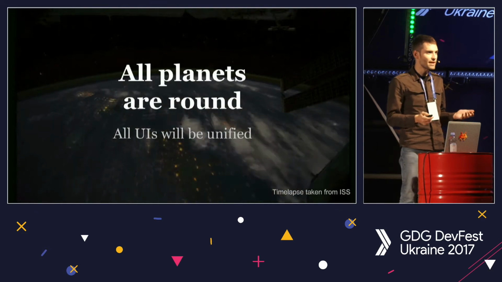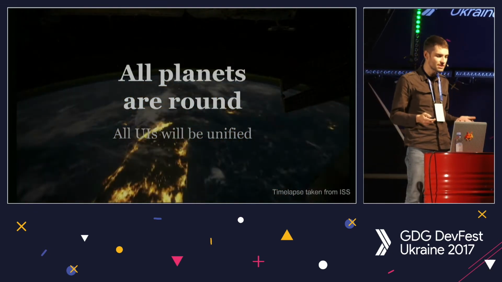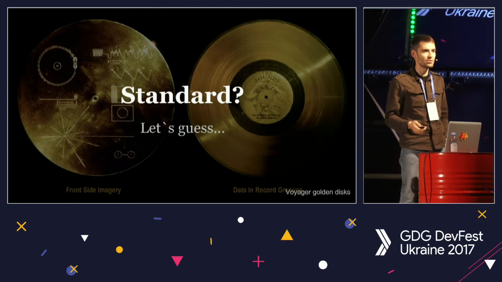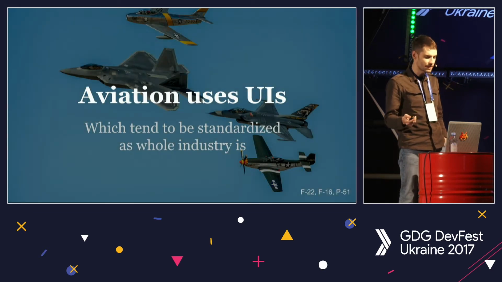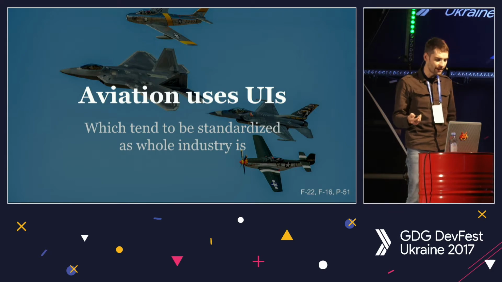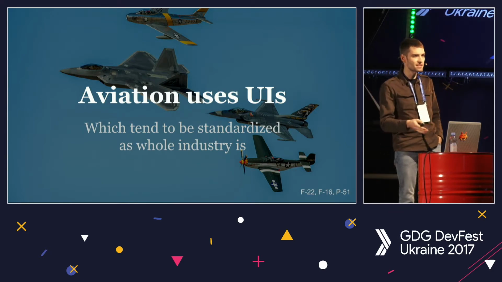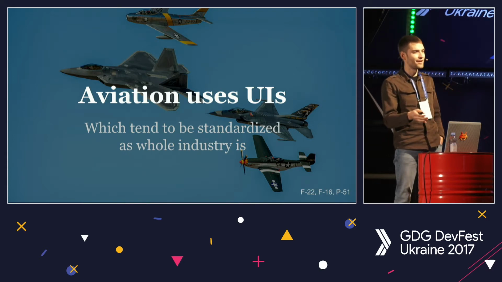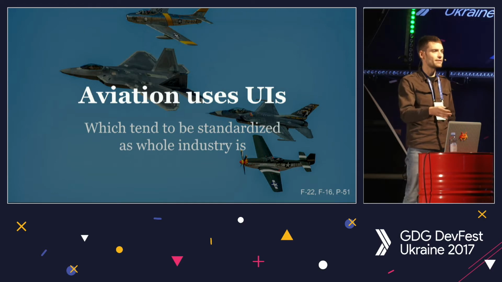So, of course, we as web engineers have no question about what is going to be this golden standard for developing UIs. Of course, it's going to be what? HTML, CSS. I'm a big fan of aviation, and I see that HTML, CSS is super good. I really like it. What I see is that aviation tends toward standardization, UI tends toward standardization. At some point, they might meet.